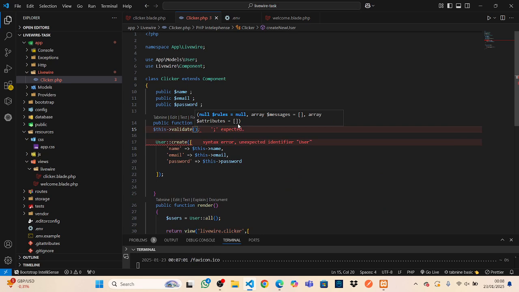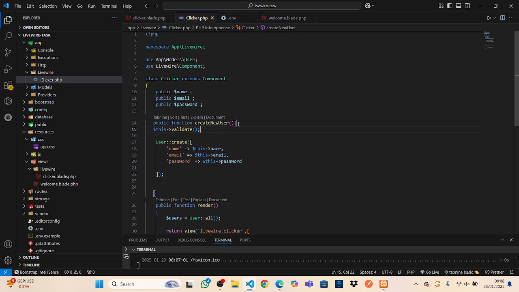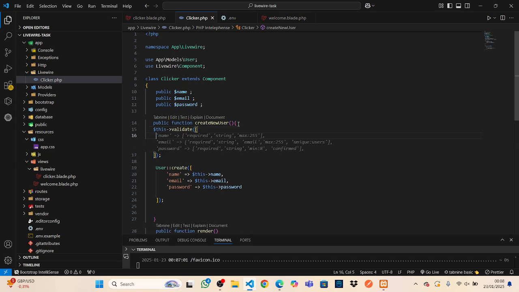Now, from here you have two options on how you want to validate your form or your properties. The first one is you can manually pass in the rules inside this array, and then, for example, pass in the rules for everything you want to validate manually. So, for